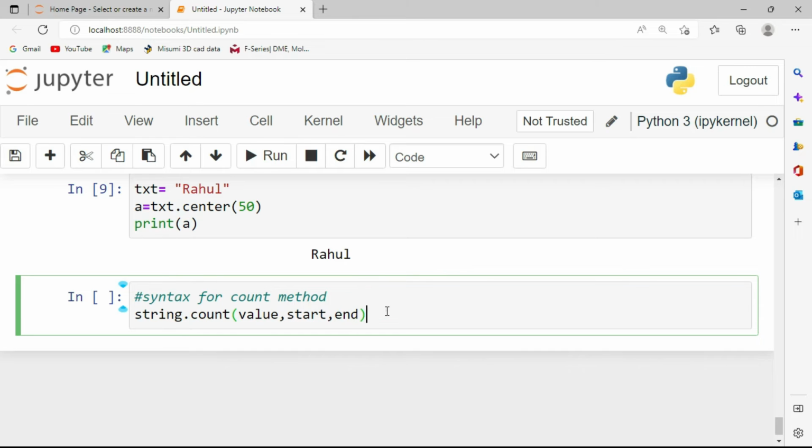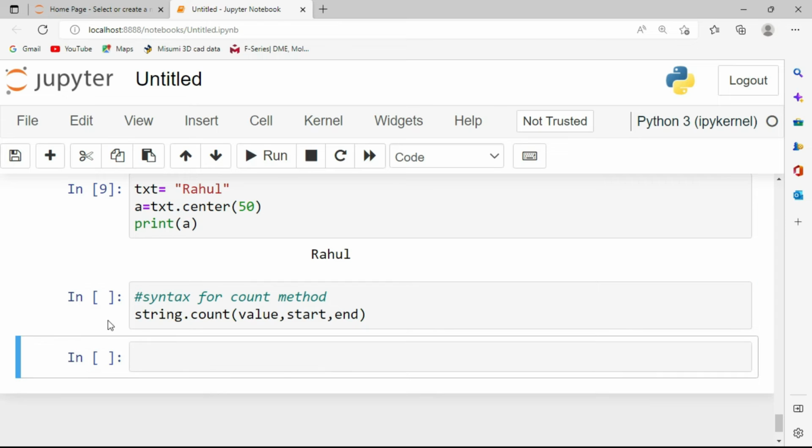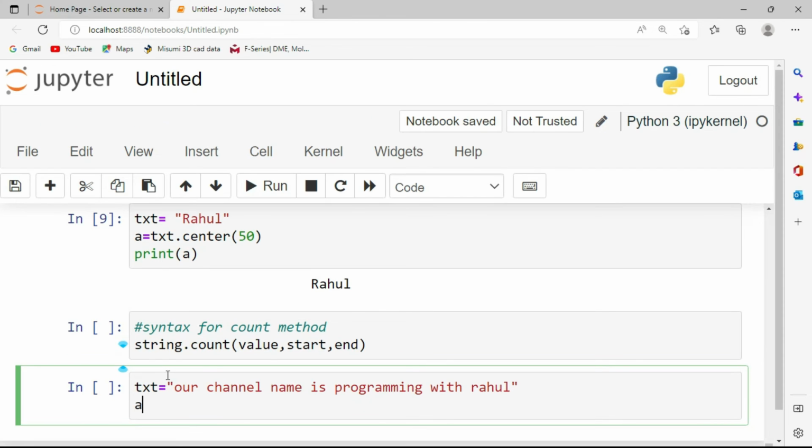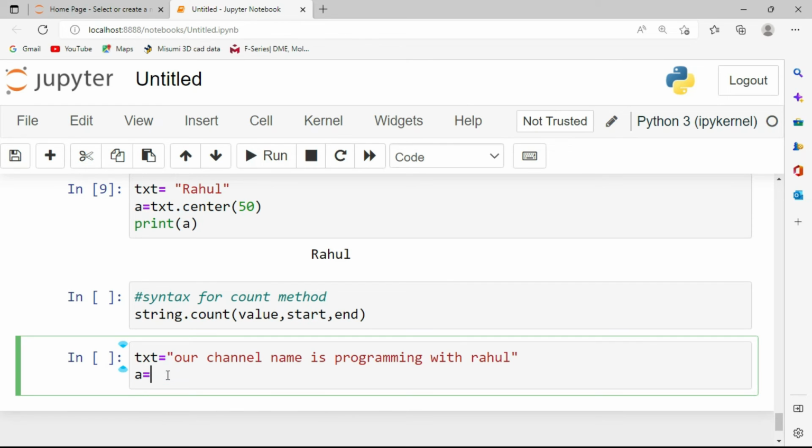Like now I'm taking line B, new line, and I am defining here text equal to string: our channel name is programming with Rahul. Then what we have to do? We have to define a new variable a in which we store this, and then text dot count,